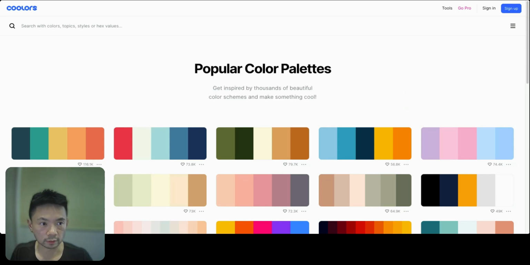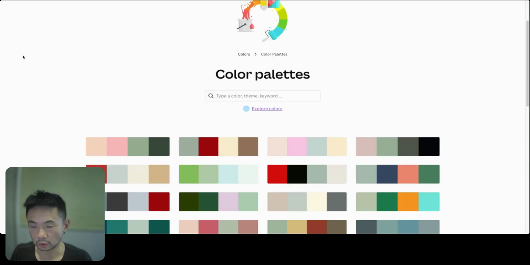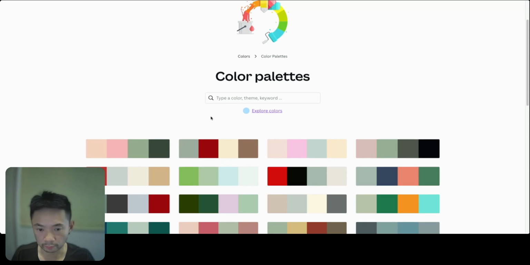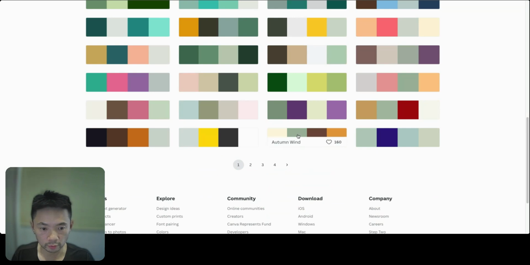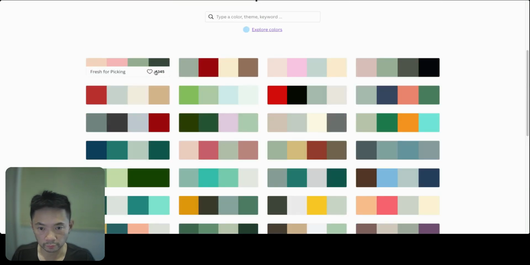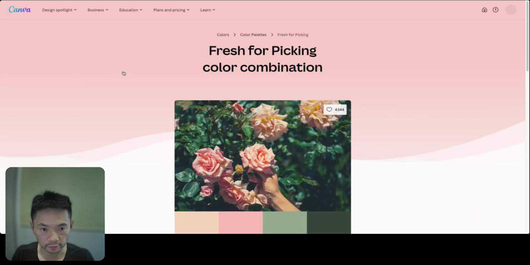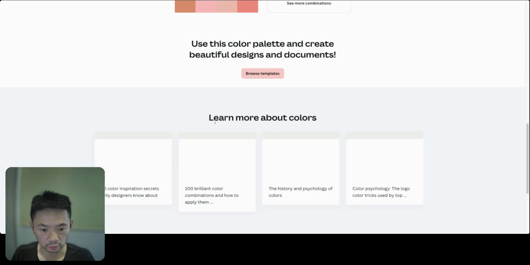The second website we can use is called the Canva color palette. Just Google that, you come to this website, and same thing as colors.co, you get a bunch of different color schemes here which you can use. All you need to do is just press it, and then it can show you